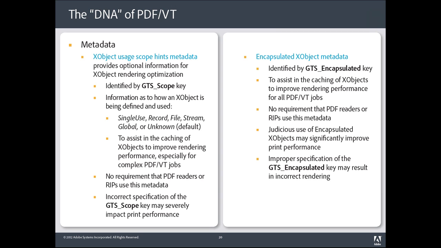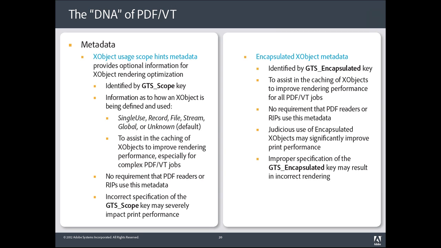If you say that it is for a record, it means to only keep this X object while processing a particular instance. Now, this is one thing that's a little bit different in PDF VT as opposed to regular PDF, and that is we have the concept of a record. Let's say all the pages associated with my particular financials, as opposed to yours or yours or yours. Some of the metadata helps divide it up that way. This says that a particular X object is only associated with things in my particular record. Stream relates to the